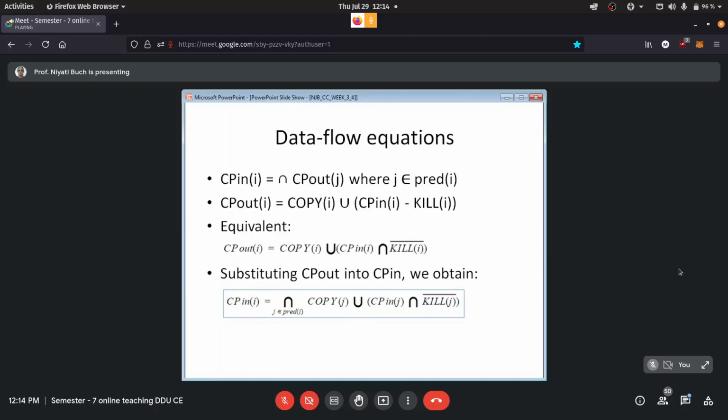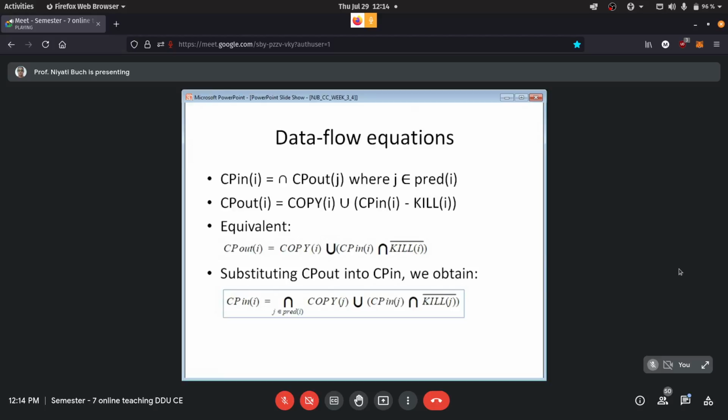Let me just tell you the equations. CP in is found by taking an intersection of all the CP outs of the predecessors. Whatever predecessors are there, if there is more than one, then you have to take an intersection. And then CP out is found with the equation by taking the union of copy of I for that block with CP in minus kill.